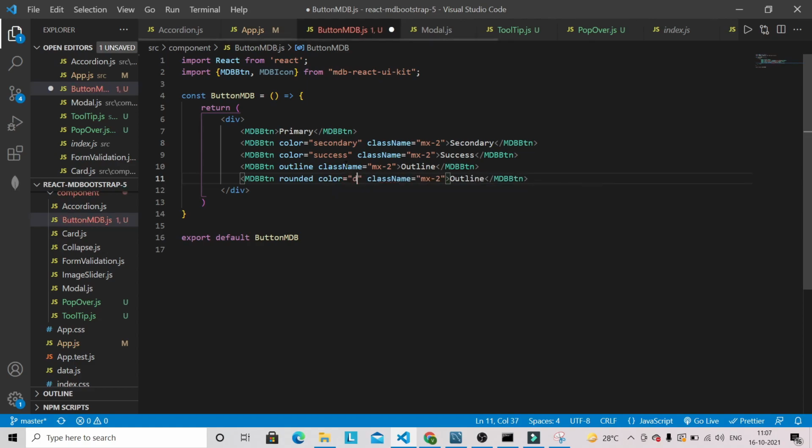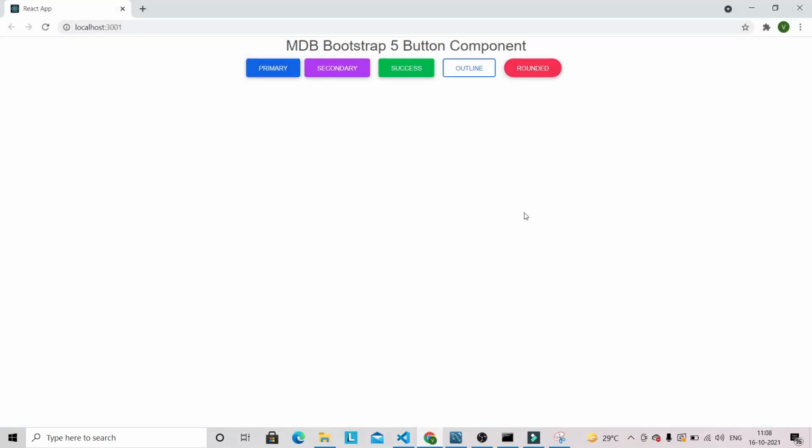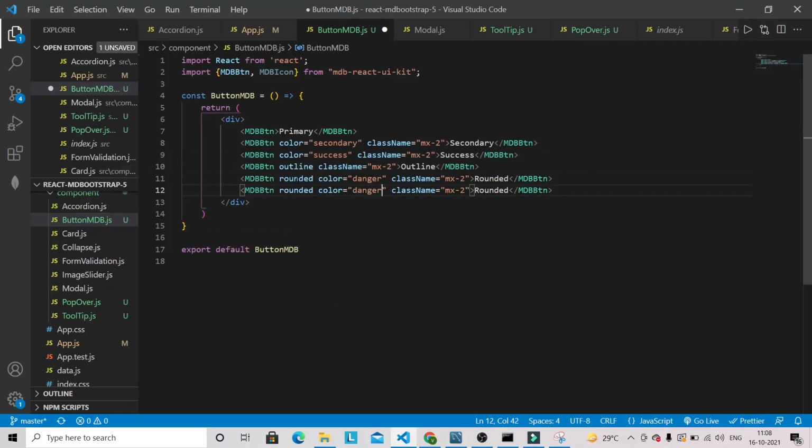And this one is rounded. Let's go into the browser. Now you can see that this time the button got rounded. Now you can also do a rounded outline button. For that, let's give the color secondary this time.